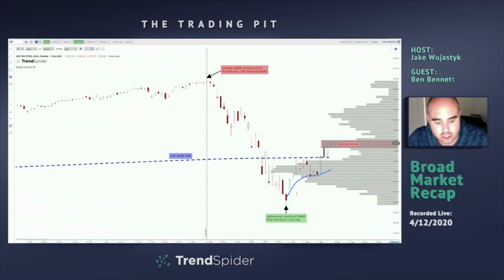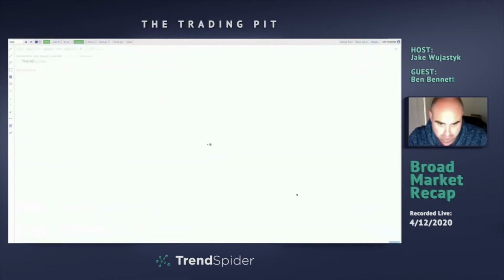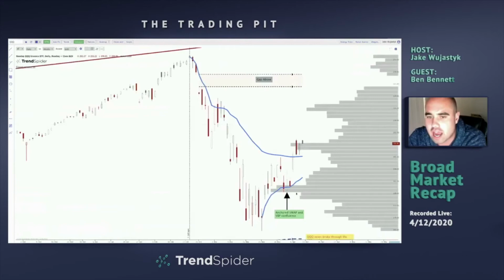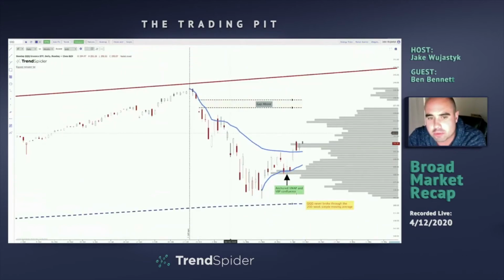Going into the Qs, one thing that I want to mention here on the Qs is we've got this area very similar to SPY. Remember, we anchored the VWAP from this March 23rd low. We caught a bid here. Notice that there was some confluence here, right? I really want to mention this because, and I may sneak in oil real quick, USO, because of how similar this setup is. But notice what we've got here.